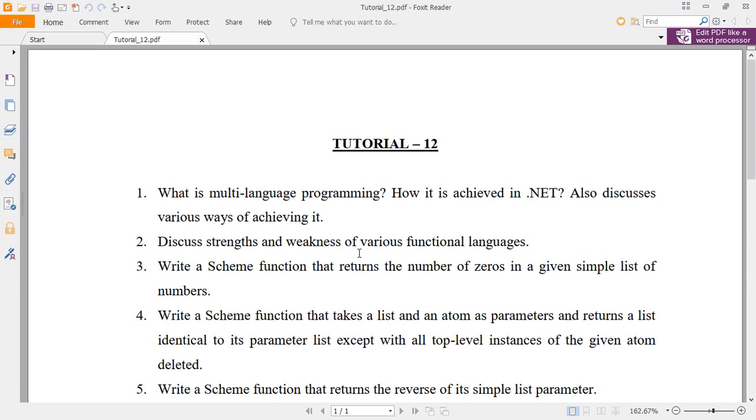Developing an application with multiple languages is a somewhat tricky task. The reason is that the developers should be familiar with these multiple languages. So the first question deals with what multi-language programming is and how it is achieved in .NET. .NET is a framework that combines multiple language environments. I have already provided a reference material with this